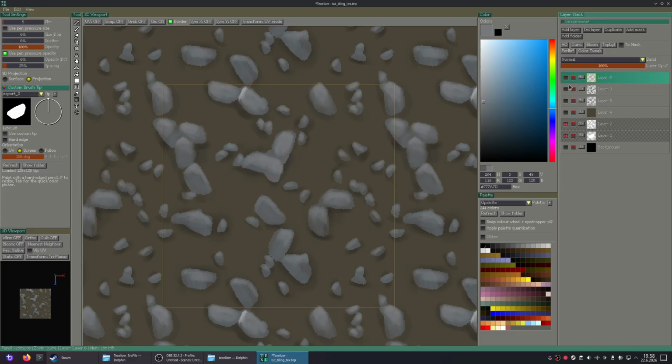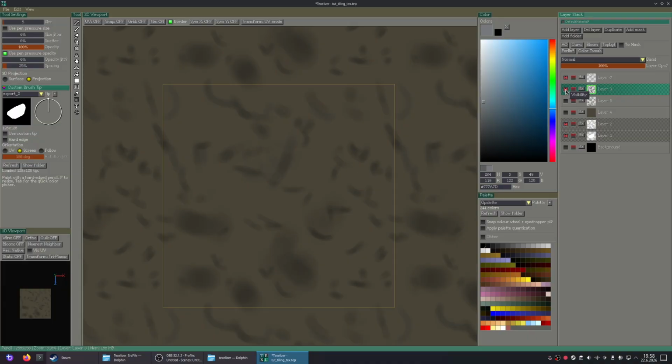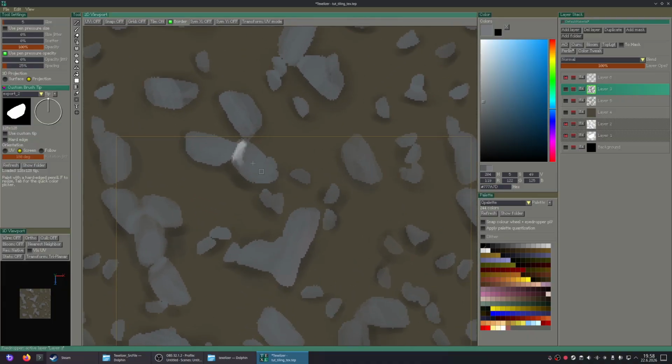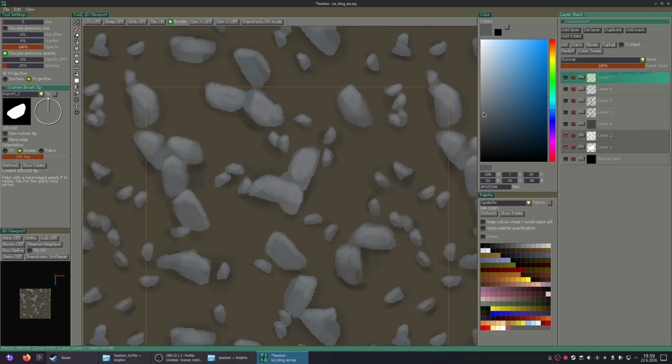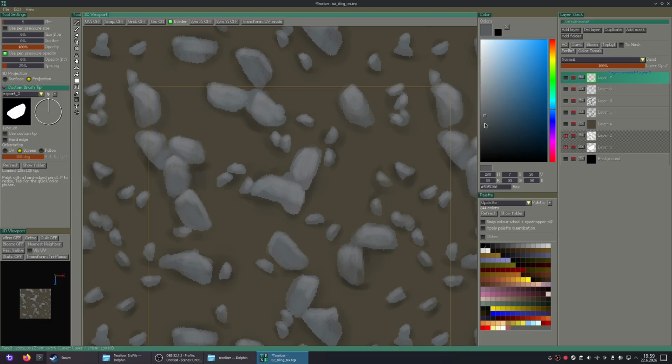Now that's the highlight layer, except that one highlight is there. Let's actually get rid of it this time. I'm going to do things properly this time. And new layer and then some shading.